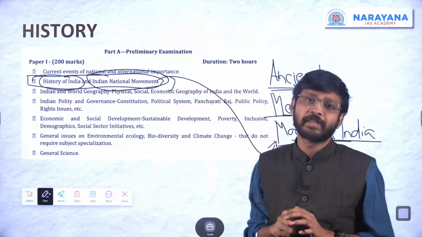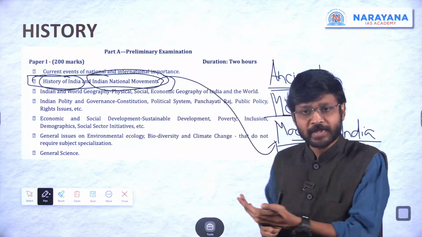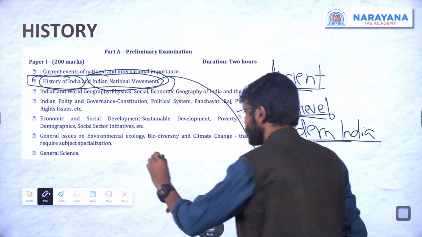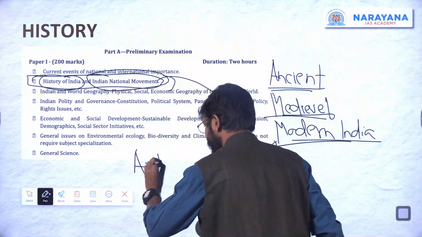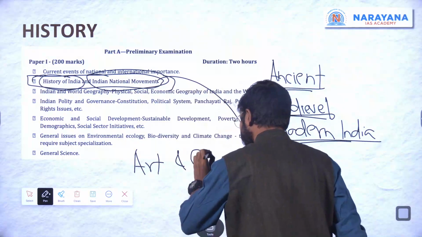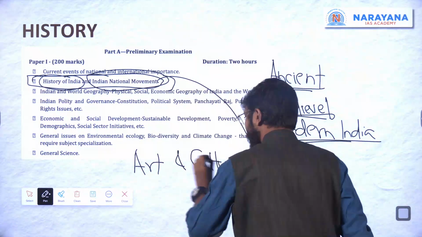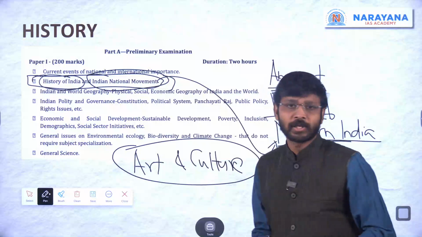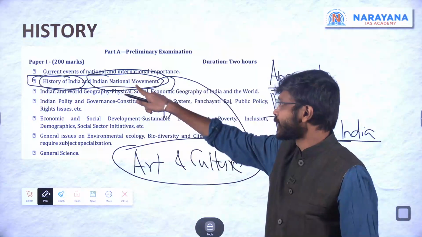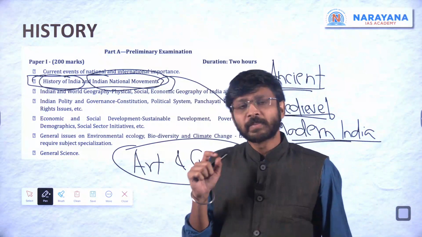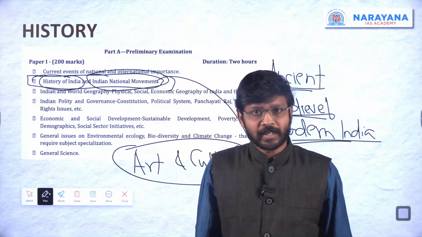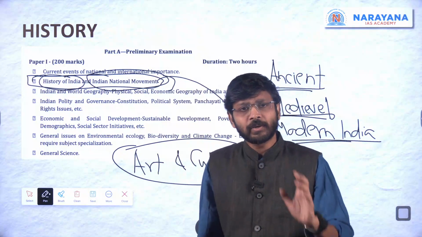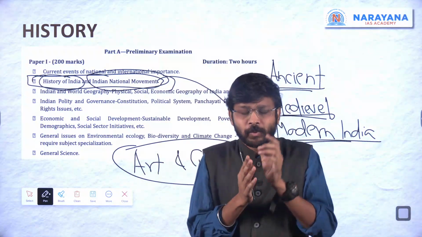But one more area we have to consider, even though it is not explicitly mentioned here: arts and culture also. Art and culture is nowhere mentioned here. Here it is the history of the Indian national movement only, okay, but nowhere is it mentioned that it is art and culture, okay. So even though art and culture is part of the syllabus, one thing which you have to